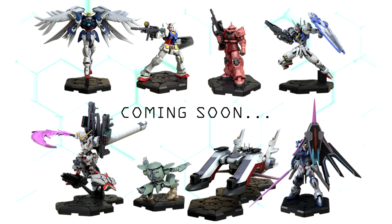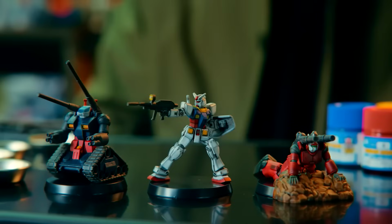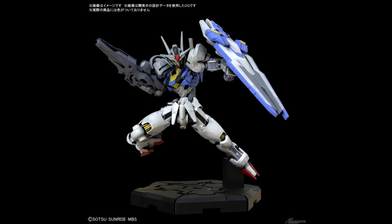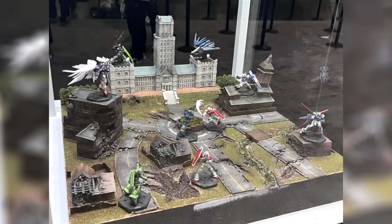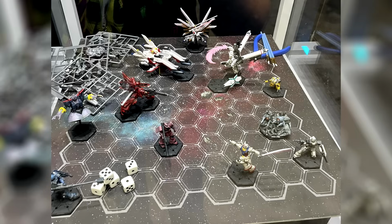But these are not all of the figures that we know about, thanks to the promotional video and numerous promotional images. First of all, we also get the gun tank and the gun cannon, which might be the other 2 figures included in the Heroic Beginnings starter set. Although it might also be the Aerial for reasons that we'll get into in a second. The other 2 figures then are 2 types of Jim, a mass-produced Zaku 2, a Zaku 1, the Aerial, the Wing Zero Custom, the Dead Scythe Hell, the Rising Freedom, both in transformed and normal mode, the RX-78-2 but in a different pose,